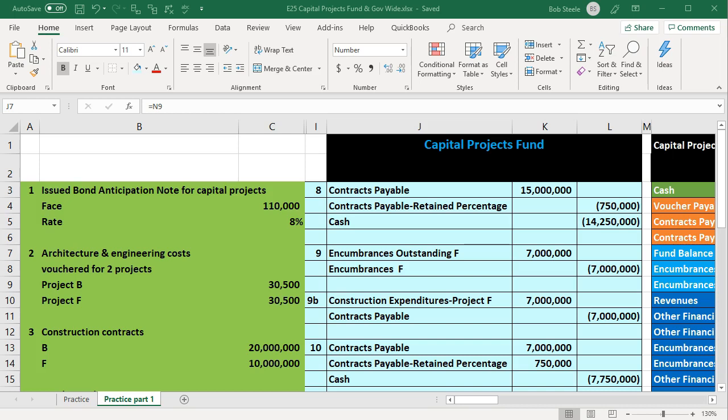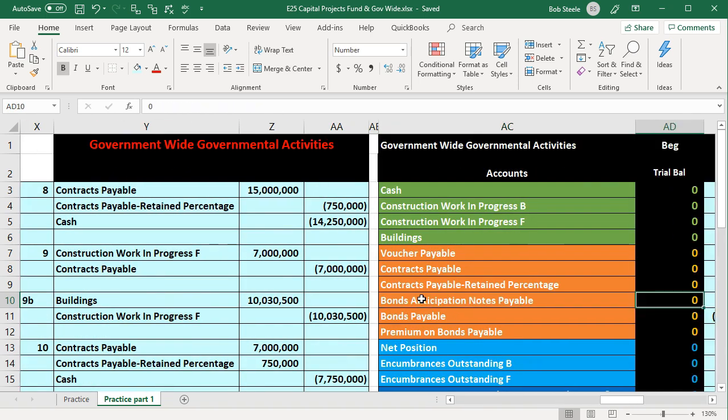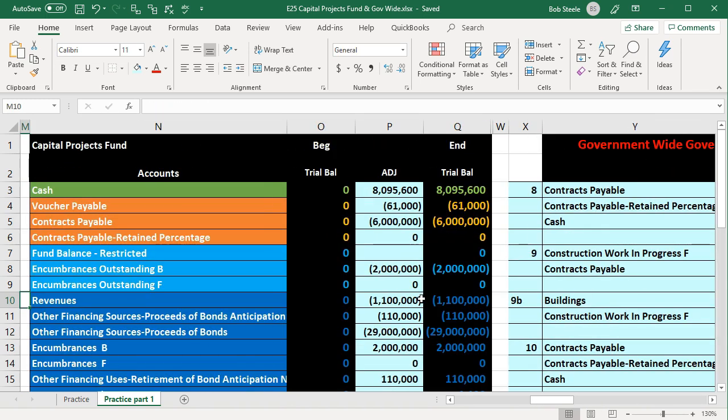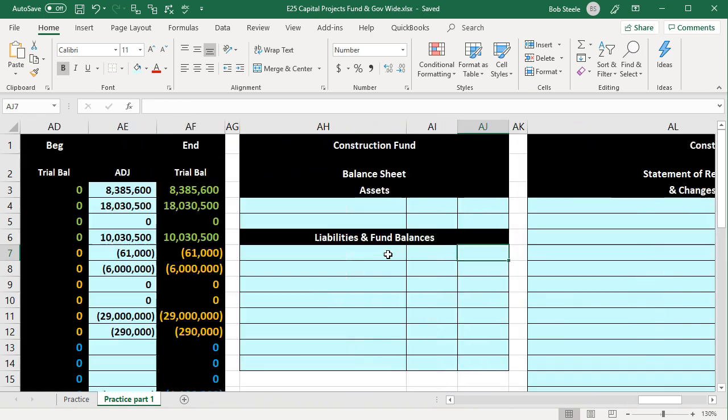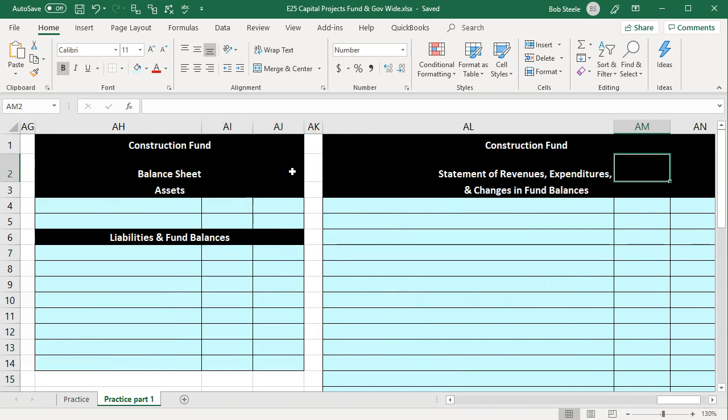In this presentation, we will continue on with our fairly comprehensive problem with the Capital Projects Fund and the government-wide activity. So far, we've entered the data related to the information on the left-hand side into the general journals, and we've created trial balances from them for the capital projects and for the government-wide activities. Now we're going to take the information in the ending trial balance we created for the Capital Projects Fund, and we will make financial statements from them, those financial statements being the balance sheet and the statement of revenues and